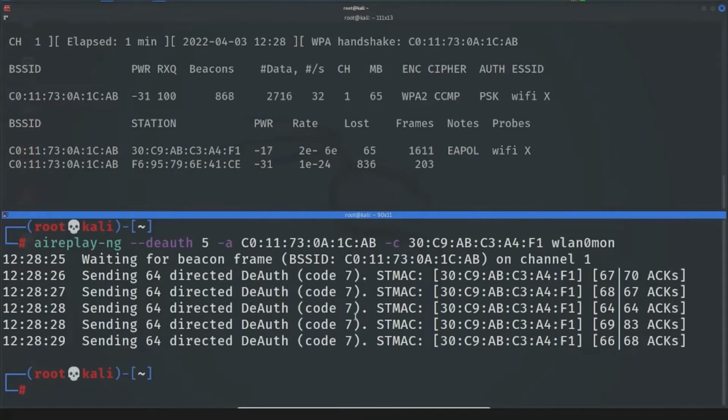Okay, now we are going to need to create a word list. For creating a word list, you need to predict the password of the network. Sometimes that's easy because you know the person, maybe it can be his name or his birth date, but mostly it's really hard to predict the characters of the password. This time I'm hacking my own Wi-Fi, that's why it will be easier for me to create a word list. You may create a word list yourself.